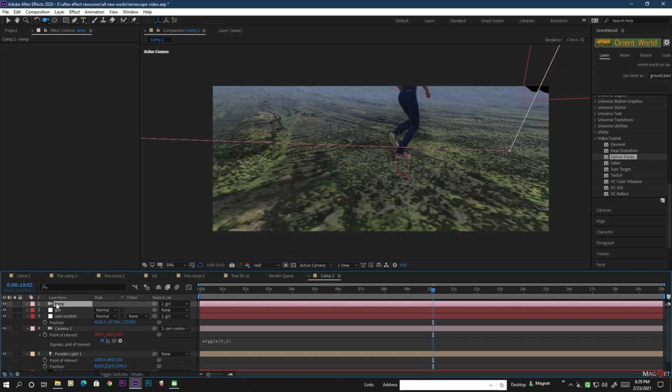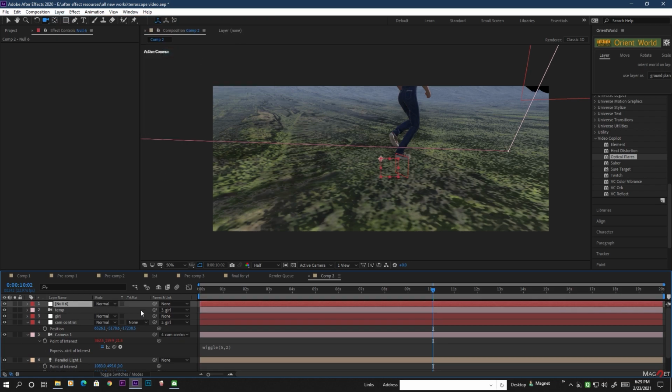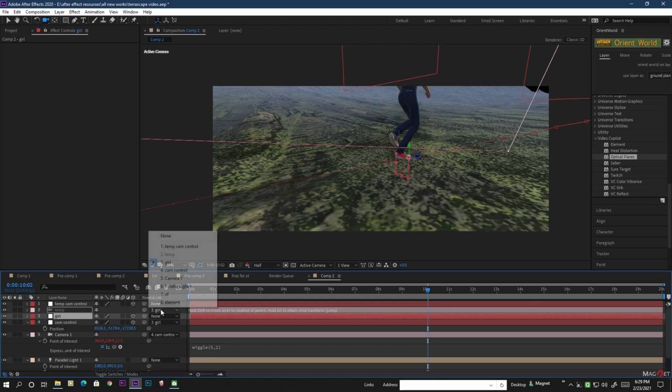And again we create a null object for the temporary camera and make it 3D and name it temporary camera control, and that our temporary camera is linked with the girl null object. So just